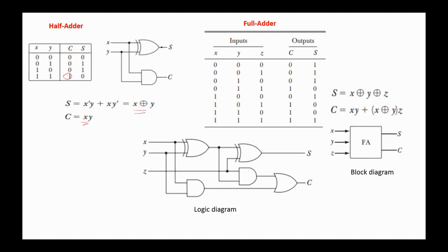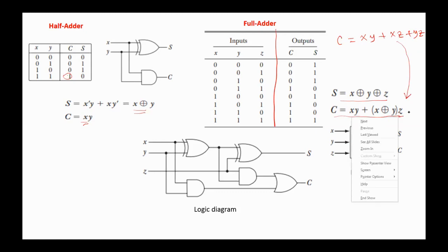Full adder is used to add 3 bits and outputs their sum and carry. This is the truth table for the full adder, and you know that the sum is x exclusive-or y exclusive-or z, and the expression for the carry is xy or xz or yz. And from this expression, we can obtain the expression in this form in order to implement the full adder